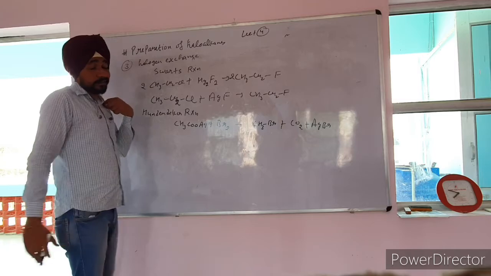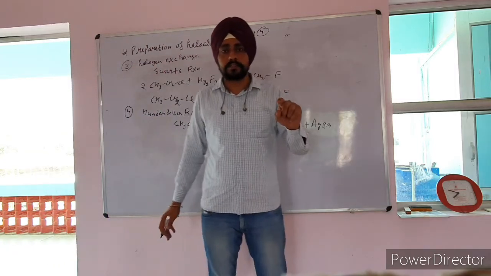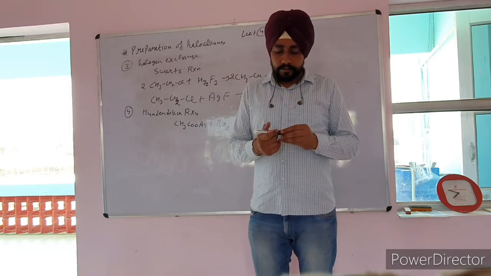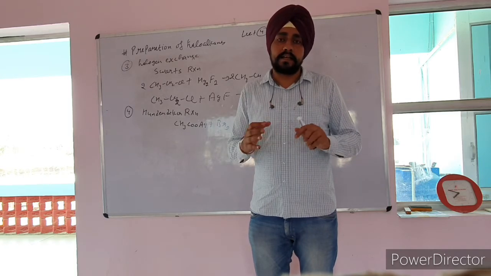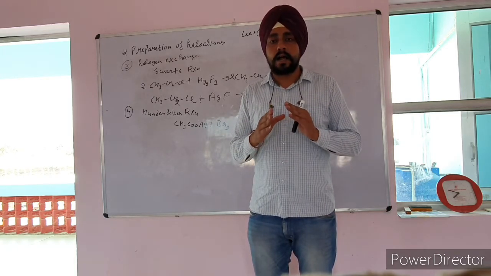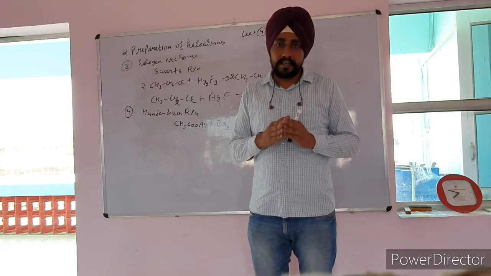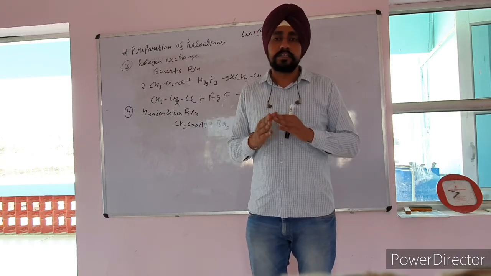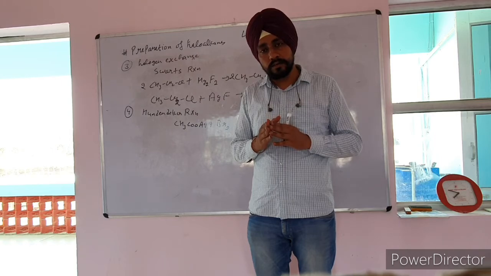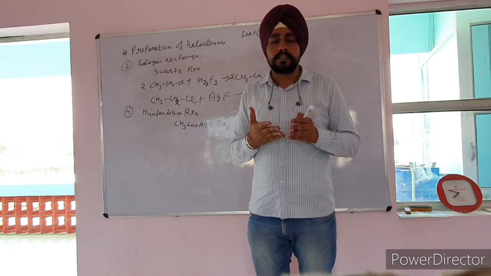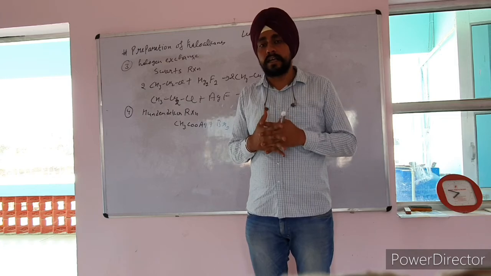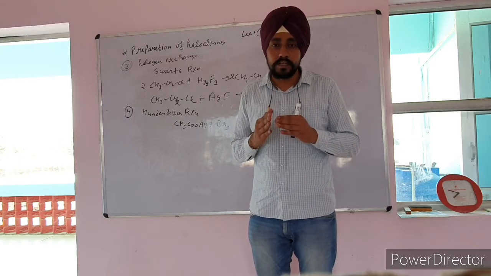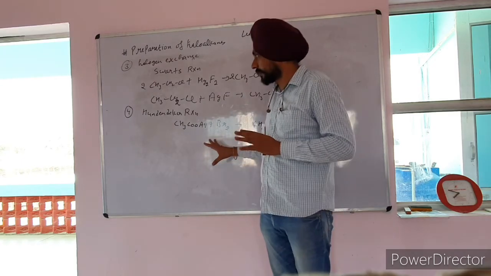Okay, dear students, this is all for preparation of haloalkanes. In the preparation of haloalkanes, we prepare haloalkane from alcohols, and hydrocarbons with alkenes and alkynes. For alkene and alkyne, we did Markovnikov and anti-Markovnikov addition, and further we prepare haloalkane with the help of the Swarts reaction, Finkelstein reaction, that is called halogen exchange reactions, and the last reaction is the Hunsdiecker reaction.